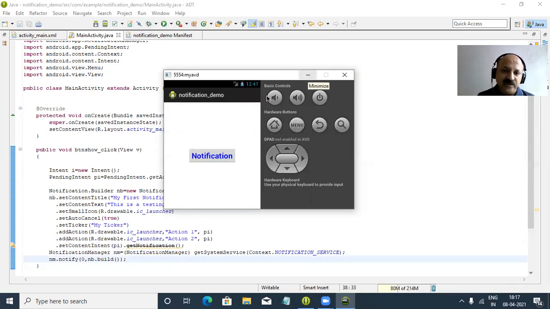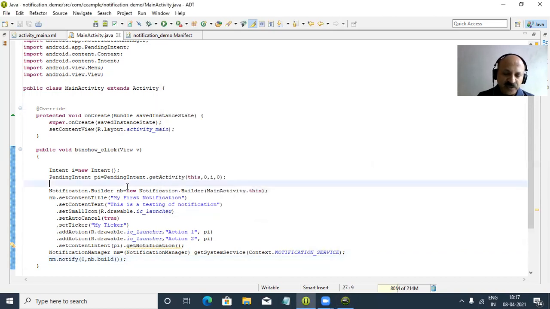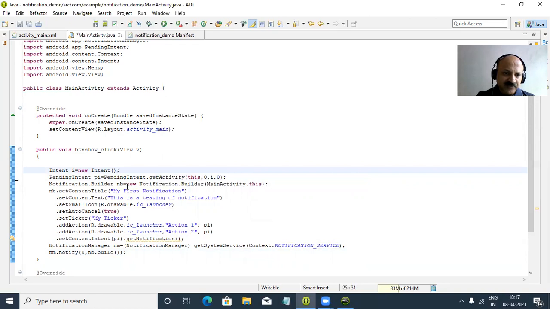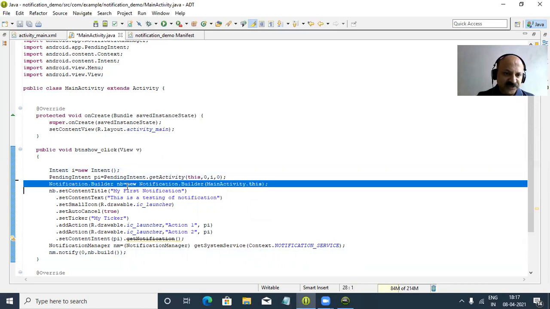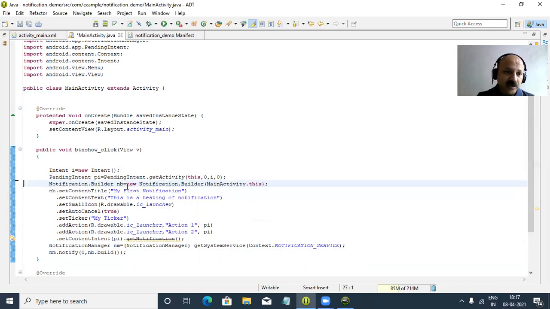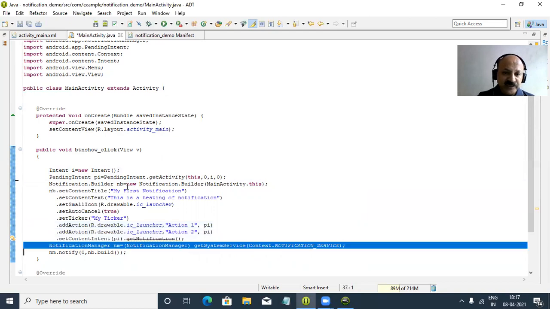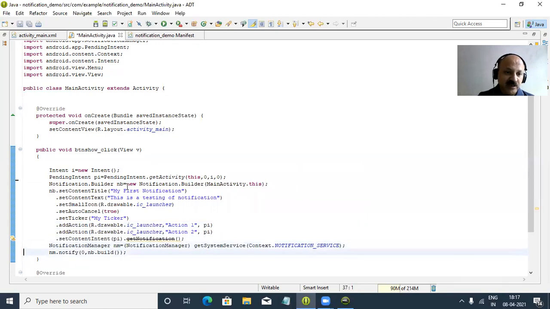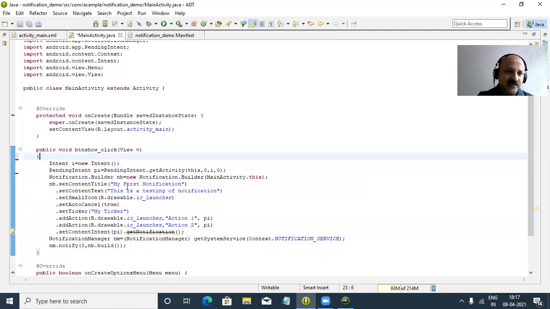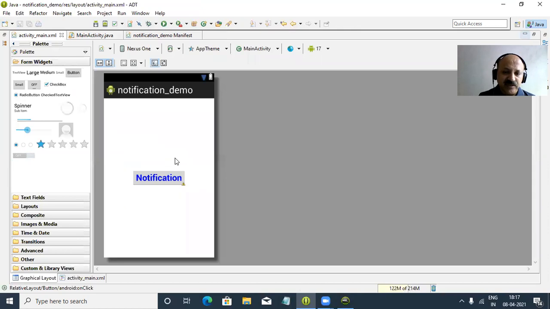So I hope you can understand. Yes, here is very simple code. So look at this code, there are three steps. So first we create the notification object, NotificationCompat.Builder or Notification.Builder, and then some properties, and then at last, that is optional, but we can set the action also, and then NotificationManager issues the notify method, and we can build our notification. And I think in the design file there is nothing else, we can take only one button, so that coding is very simple.